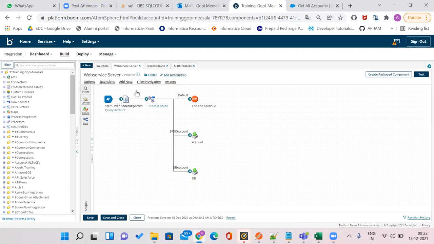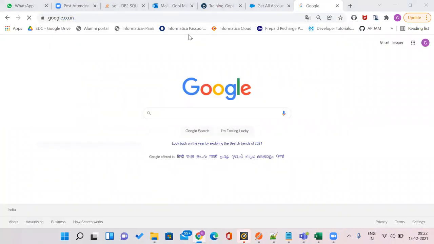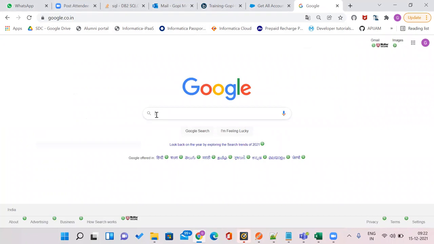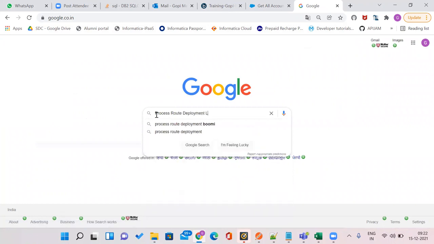Actually, I have some confusion, and I want to clear that one also. Yeah, I will give you a guide. You will read it. If you have any questions, we'll discuss tomorrow. Okay. And the process route deployment logic. Actually, this is very